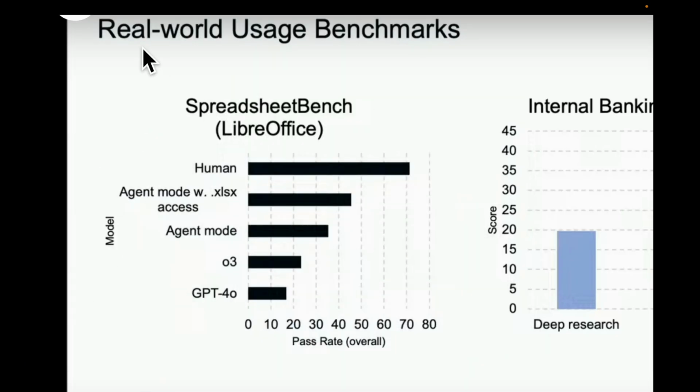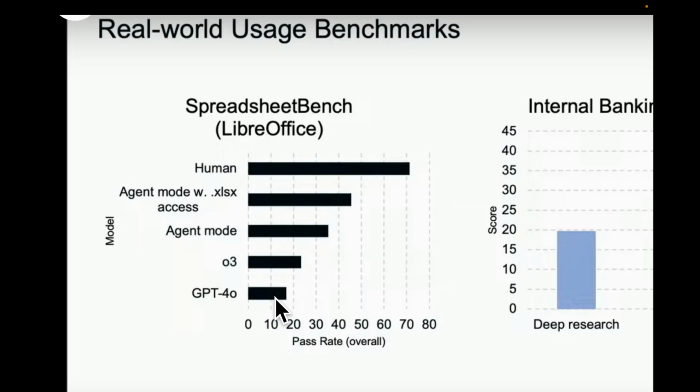And finally, they talk about the real world usage benchmarks. So these are the benchmarks which actually talk about real world problems as users would use it. So the first of them is around usage of spreadsheets. So this tracks the ability of the models to edit spreadsheets. And you can see that agent mode with access to the raw Excel file in the terminal, it performs somewhere around 45% over here. And this is an improvement over O3, over agent mode without access to the Excel file